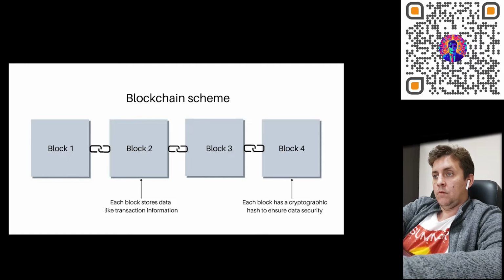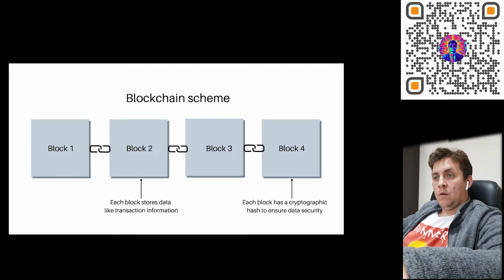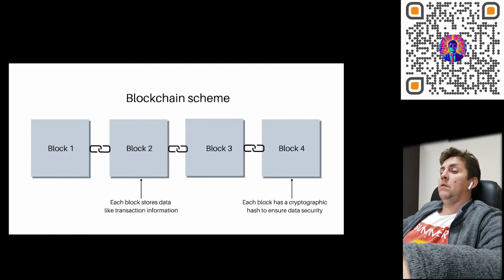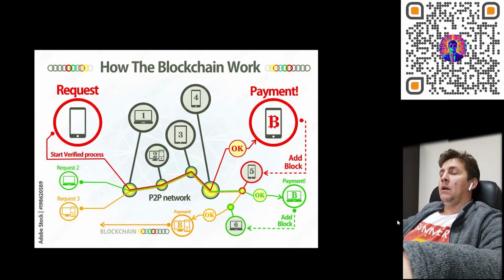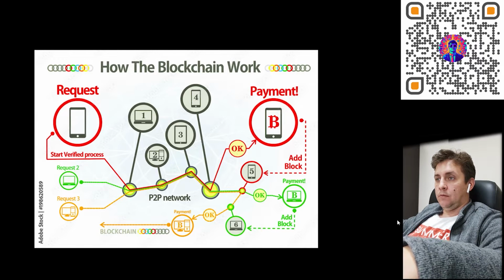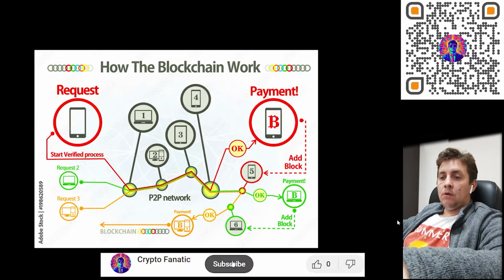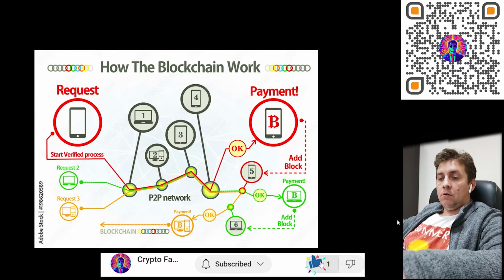Understanding blockchain. At its core, a blockchain is a distributed and immutable ledger that records transactions across a network of computers. These transactions are grouped into blocks, and each new block is linked to the previous one, forming a continuous chain. The distributed nature of the ledger ensures transparency and security.